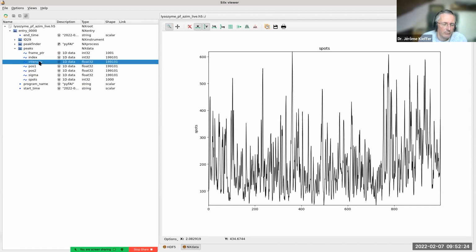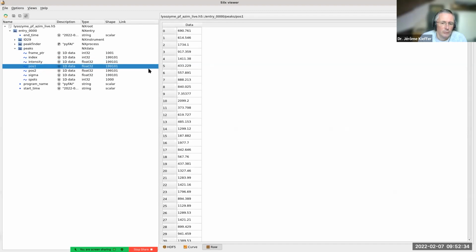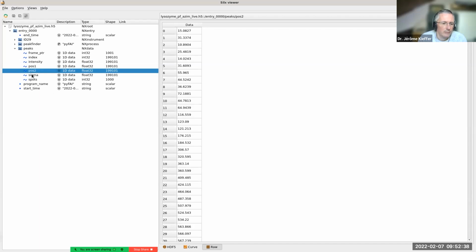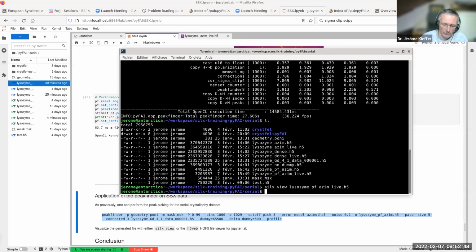We have the intensity for the peak, so this is the intensity of the different peaks. We have the associated position in Y, in X, the uncertainty, the propagated uncertainty. And yeah, so just to finish,